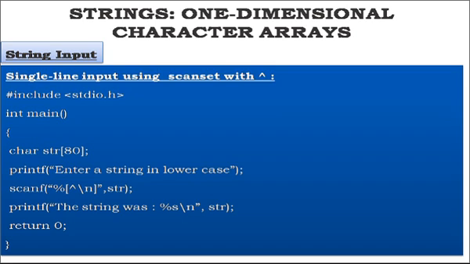This program shows the single line input using scanset with circumflex, that is a cap symbol character. For a single line text input, the user presses the return key or enter key to terminate the string. The maximum number of characters typed by the user might be 80. Because the screen can print a maximum of 80 characters, all characters are allowed to be typed as the input except new line. The computer takes this new line as a clue indicating that the string has ended.